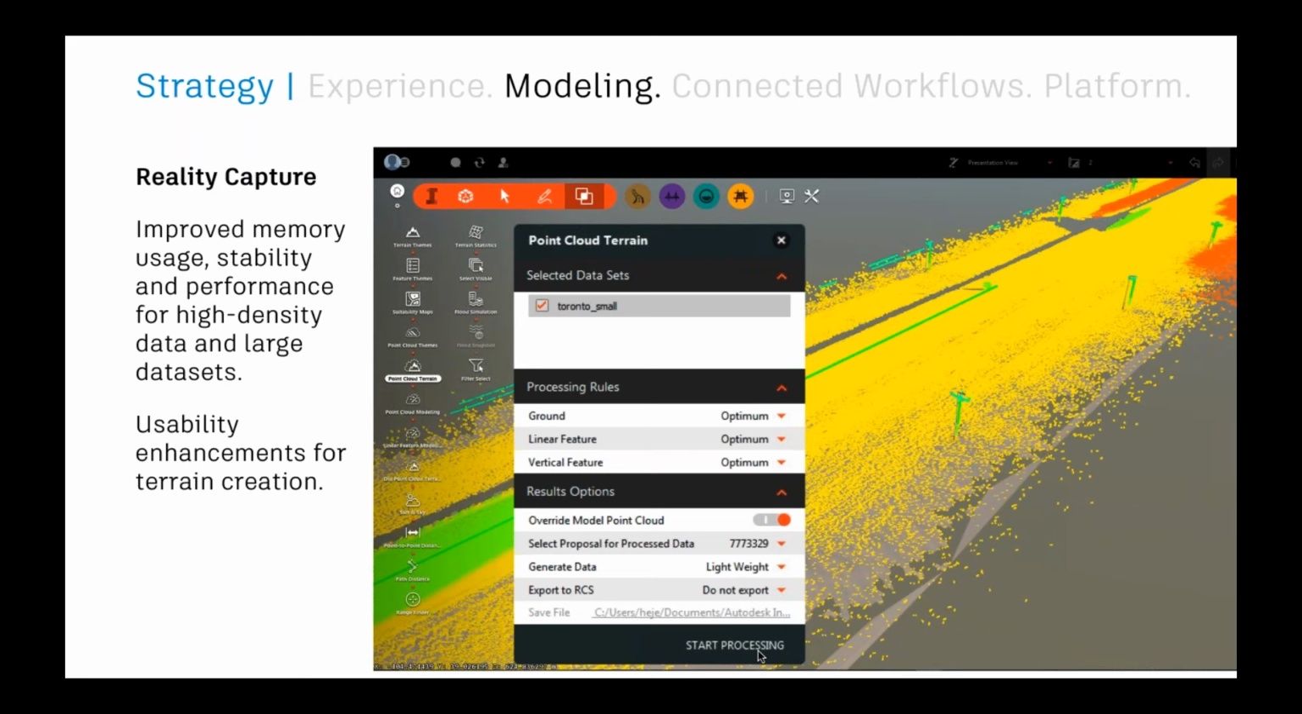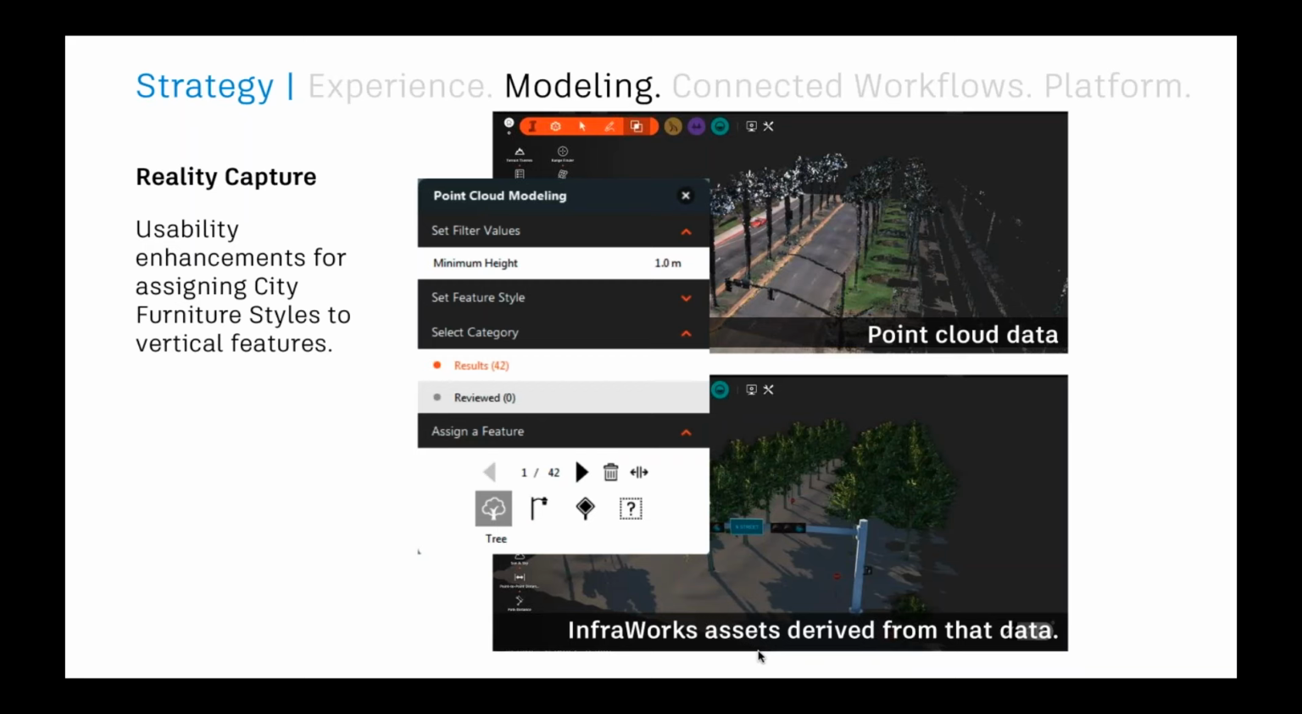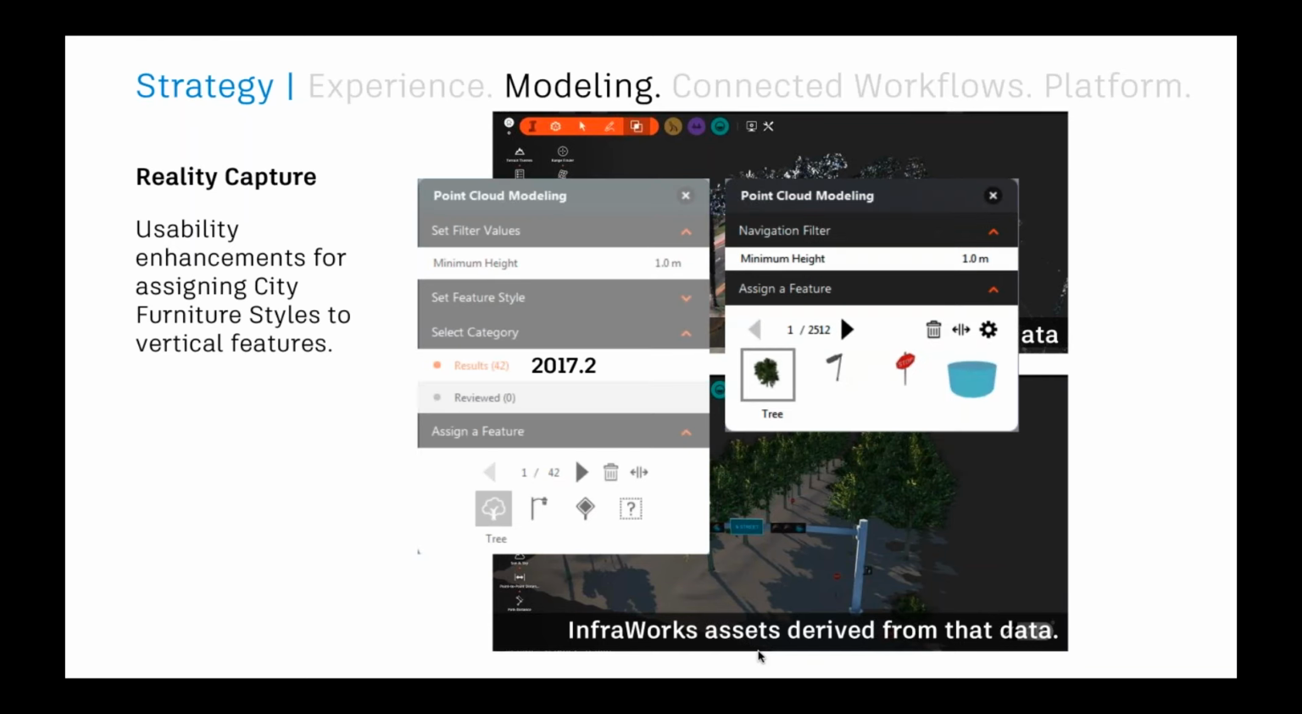So this is what the point cloud terrain UI looked like during the last release, and the team changed it slightly. They didn't change the functionality, they just streamlined the UI a little bit, so it's a little bit shorter. They did the same thing with the vertical feature modeling UI. You can see here the panel has 5 or 6 different lines of information. They kept all that functionality and just reduced the clutter on the screen so that it took up less room